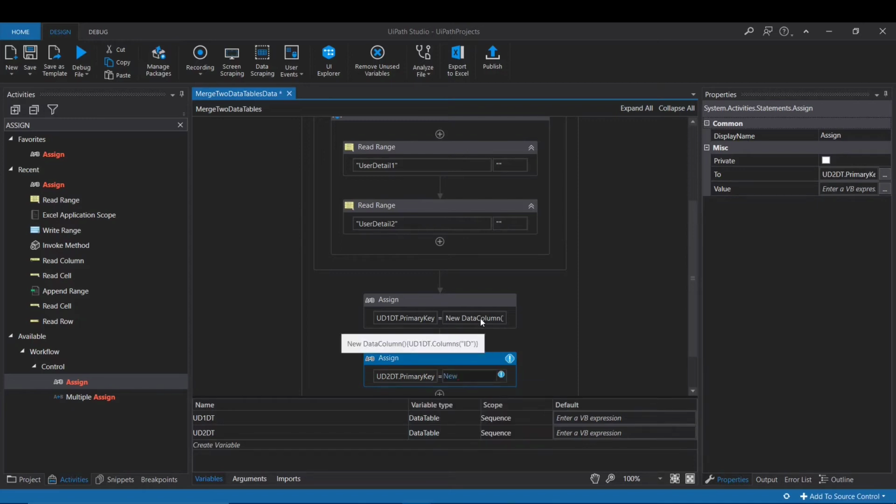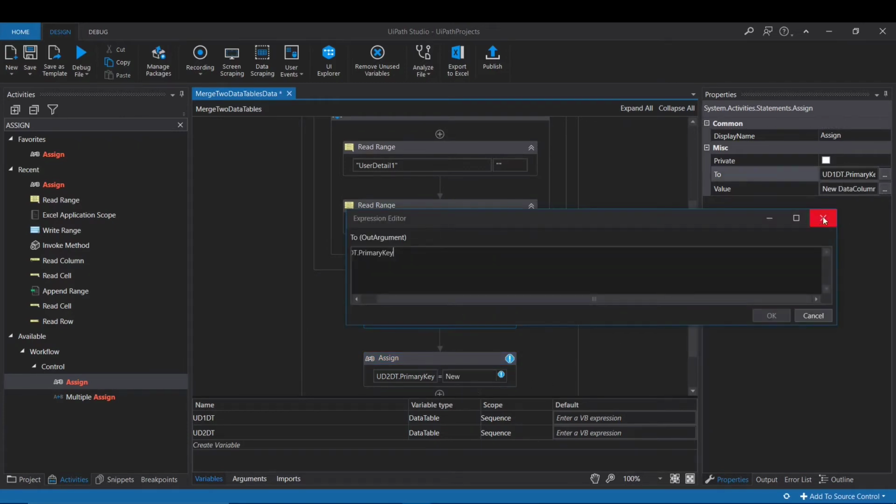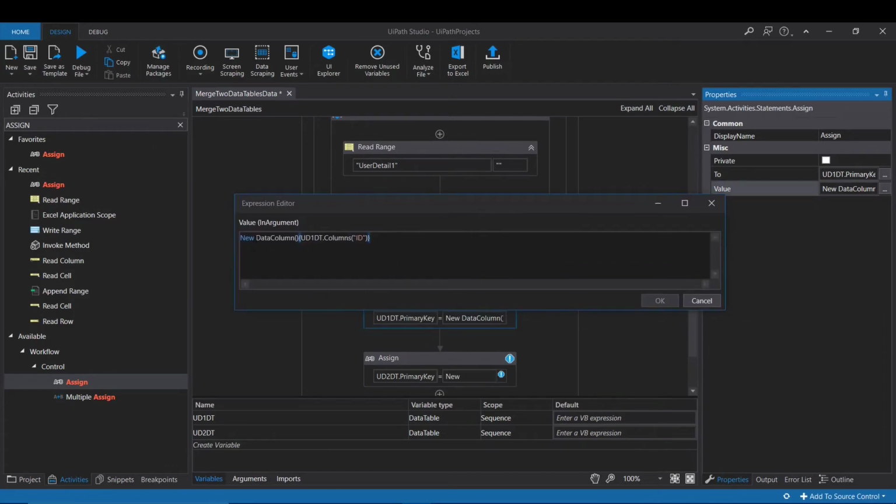Here we are creating one object. New is the keyword for creating one object. And this part, let me open this so that it will be easier to explain. Here, new is the keyword to create one object. In this part, we are selecting the column ID, and from which object we want to select. So for that we have kept the object name here. This is the data table, and we are considering it as a data table. In this data table, we are selecting columns and passing the column name. So it is filled with that column name.